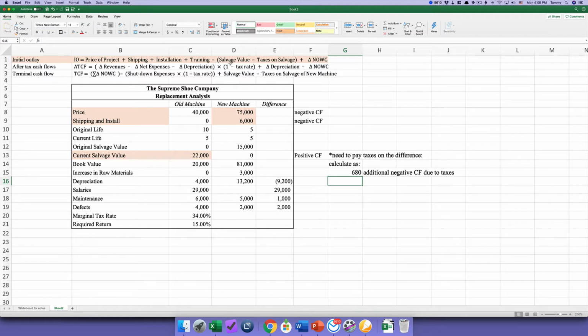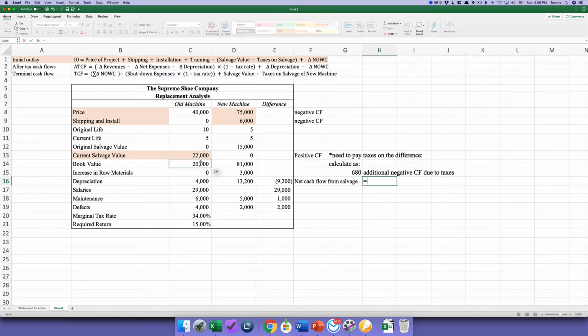So you'll notice that this term up here, salvage value minus taxes on salvage, right? You're subtracting a negative, so it's another positive number in here in the positive statement of the negative cash flow, right? It becomes kind of complicated to remember what direction your numbers are going in, right? So let's just calculate something that's called the net cash flow from salvage, which is going to be